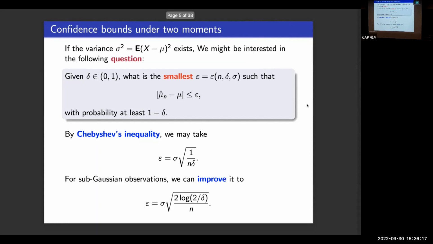And we know pretty well that for sub-Gaussian observations, think of the Gaussian case, we can show that this epsilon, thanks to concentration, scales as log 1 over delta. So you get a much better dependence on delta when the tails are light compared to heavy tails. It turns out that under just a two-moments assumption, you cannot do better than this for the empirical mean. So while we know that it's consistent, the empirical mean is not always a good estimator for finite samples, as n is fixed.